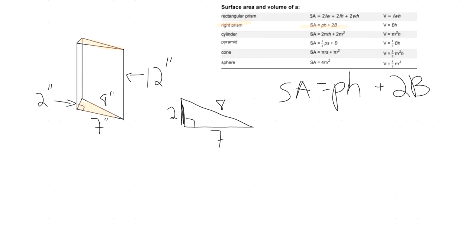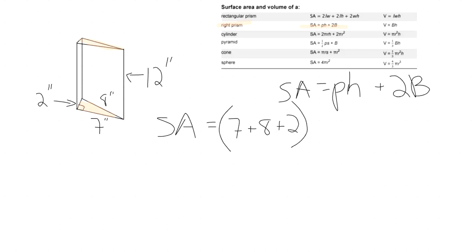Remember, we're sitting this thing on its side, and it's standing up on its triangle. So the triangle is the base, and it's 2, 7, and 8 is the perimeter. So I'm going to write this out like this, equals. The perimeter is always sides added up. So I'm going to put 7 plus 8 plus 2 in parentheses, so I remember to do that first, times the height. And remember, if it's standing on the triangle, then the 12 becomes the height because it's standing upright like this. This is up, right? So 12 is our height